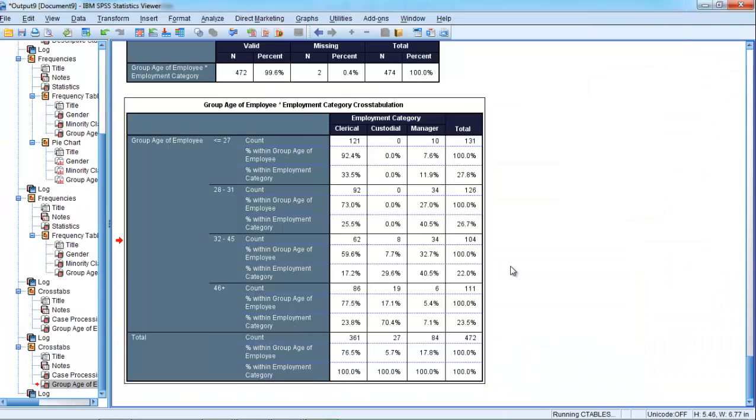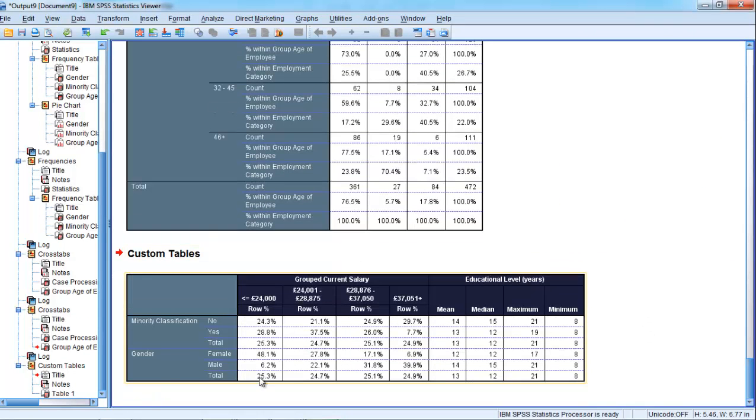So I can create quite a complex table that comes out the back here, where we can see the row percent for different salary groups in terms of whether or not people are minority classifications. So of those who are minority classification, only 7% are in the highest salary bracket compared to those who aren't in the minority classification, where 30% are. And in the same sense of females, 6.9% of them are in the highest salary bracket compared to 39%, almost 40%